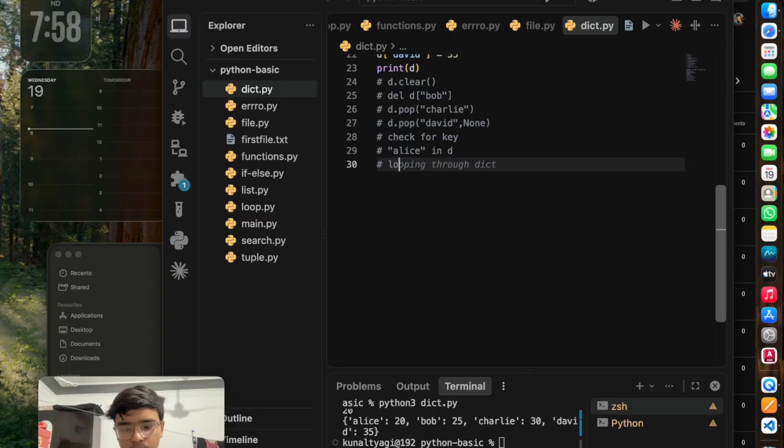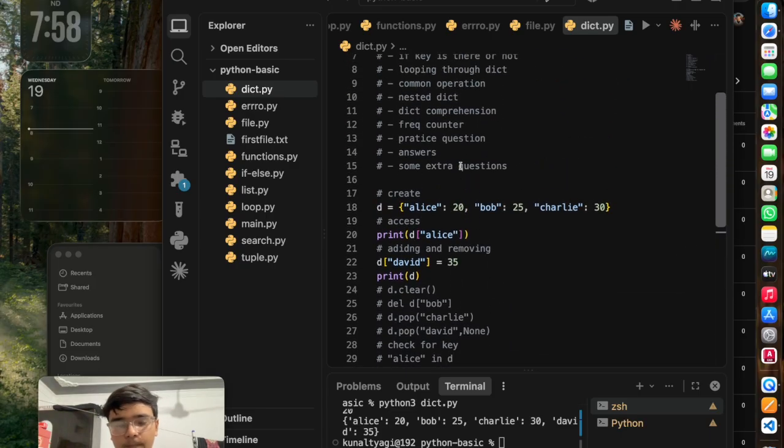Now we have two things, which is looping through a dictionary. You can loop in many ways through a dictionary. For example, you only want values, or you only want keys, and sometimes you want both of these.